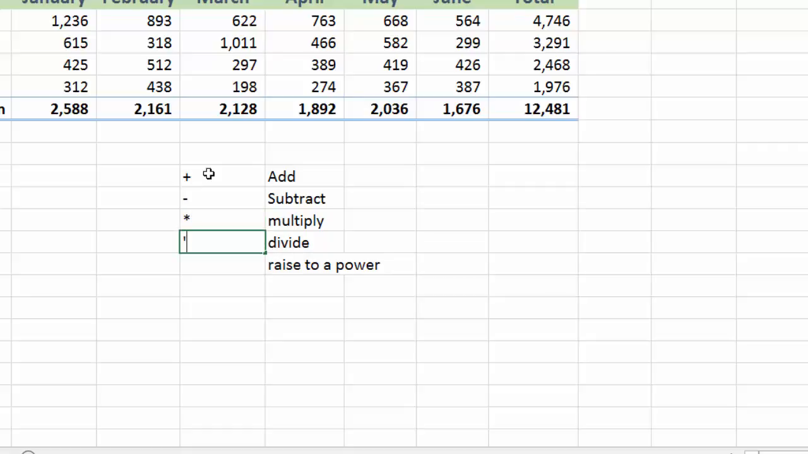Divide is a slash, okay? And again, it's on the keyboard or on the keypad, either one. And raise to a power is a caret, okay? So those are the operators. The other thing to keep in mind when you're doing